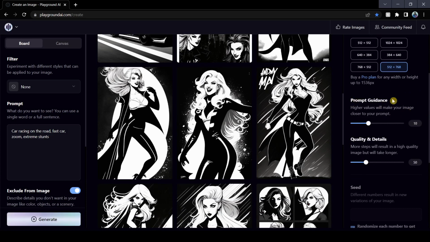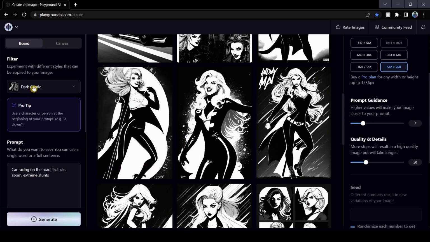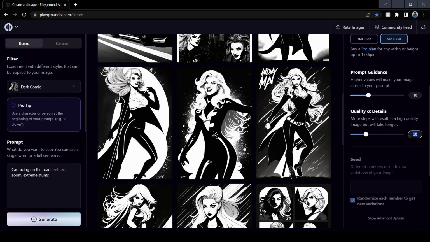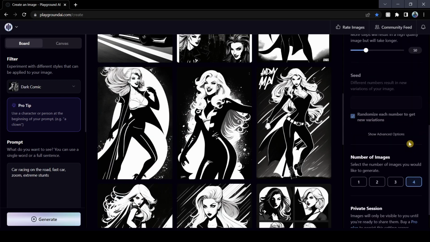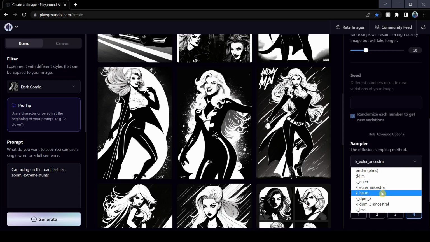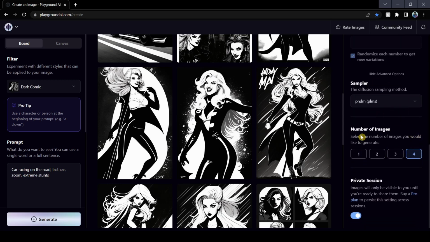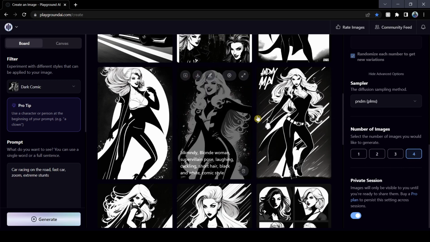This might change when I add the filter. So first, let's put the filter, which is going to be dark comic, and then we switch the prompt guidance to 10. After that, quality and details remains at 50. Now for our advanced options, we would usually go with the Euler ancestral, but today we are going with the PNDM just for now, and then we'll switch later. Then make sure that the number of images is 4 so we can get more variations,